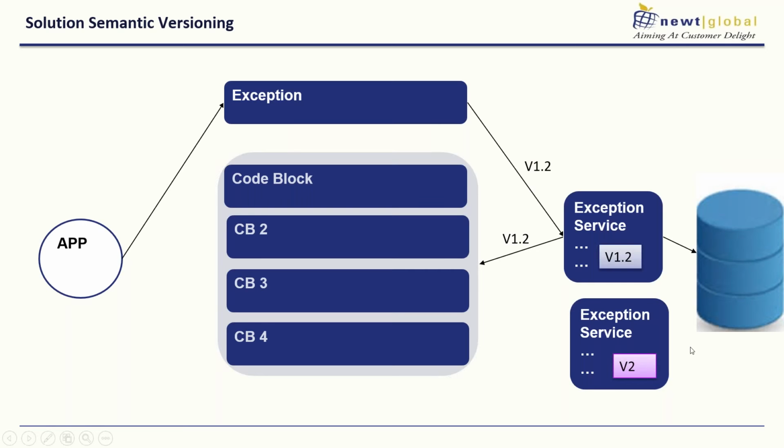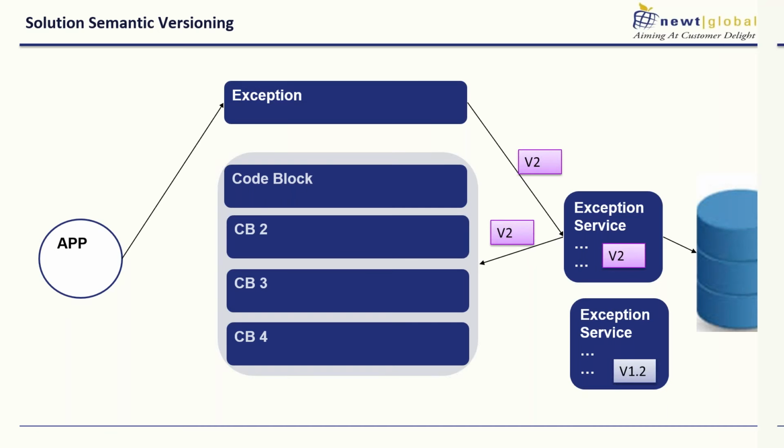Now if I want to do a backward incompatible change, if you notice, I brought in a service that is version 2, but note I have not swapped the two services. I brought in the service, and I have also upgraded both to V2. Only then have I made the connection with the V2 of the exception service, and then delinked the 1.2 service. So that's a safe way of taking that particular production change in a lockstep fashion with proper semantic versioning. It avoids a lot of confusion. You can work very closely with the operations team to make these deployments happen.